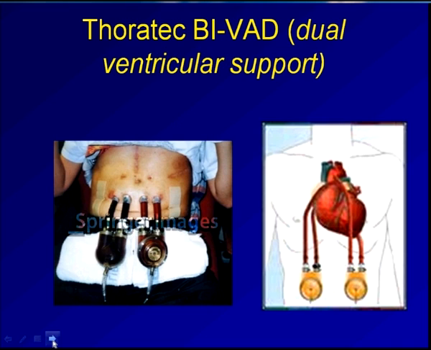Here's where things get a little bit more complicated and a lot more graphically visual. This is a picture of a Thoratec BiVAD where a patient has dual ventricular support. So they have both a left ventricle support and a right ventricle support. In the picture on the left,